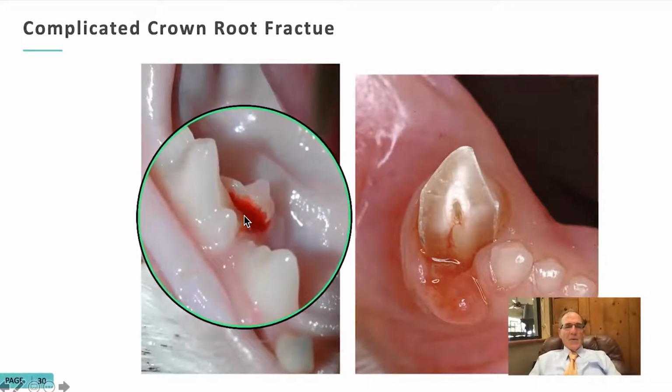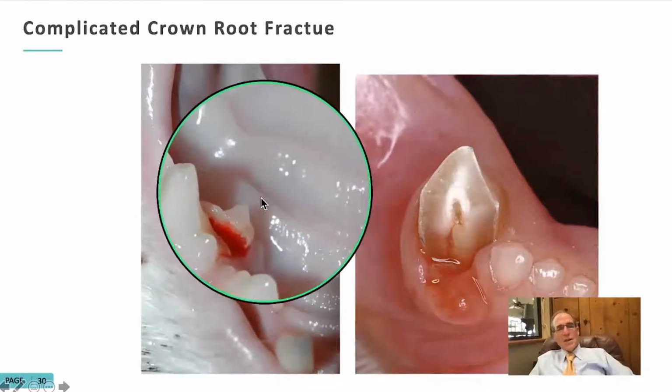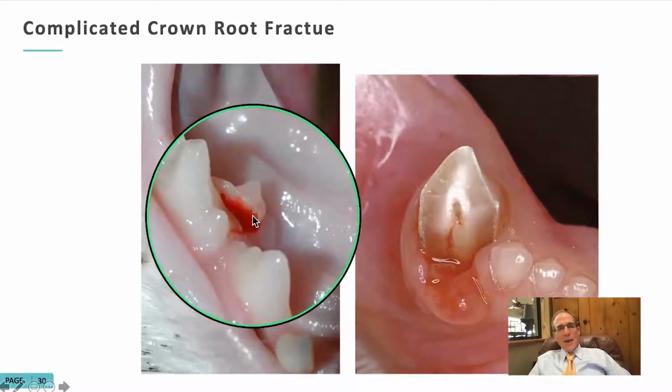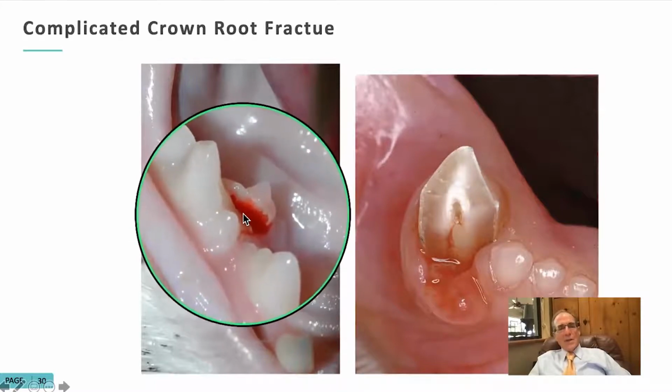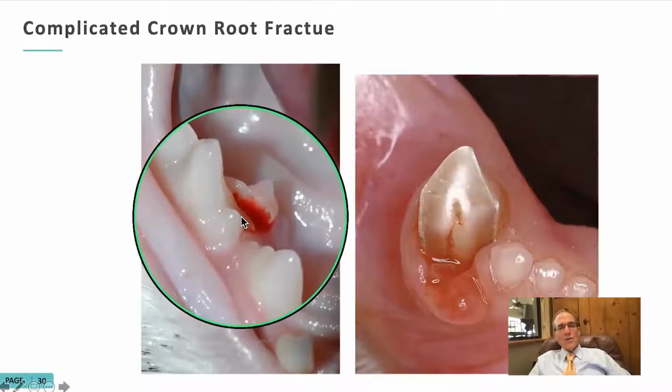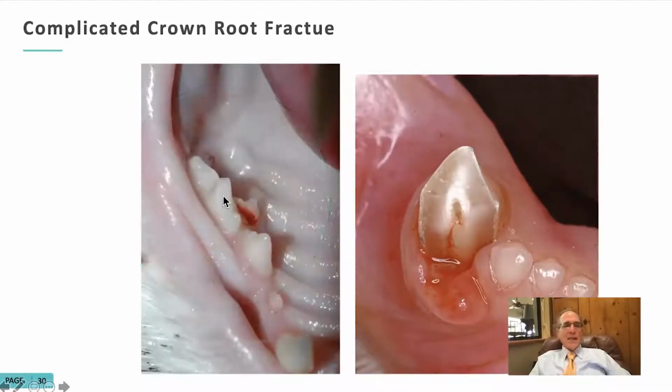And ideally what can be done here, because it's an acute slab fracture, you can go in there and take out the palatal root and then put something called MTA over the root exposure and restore that with bonding material, and the tooth can stay vital. That's if you can get it within 48 hours.